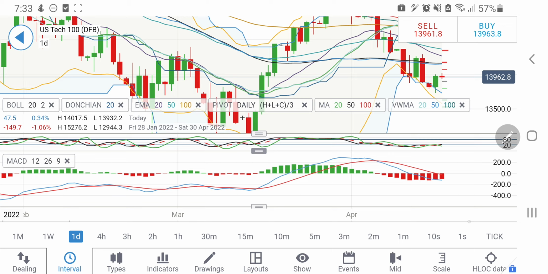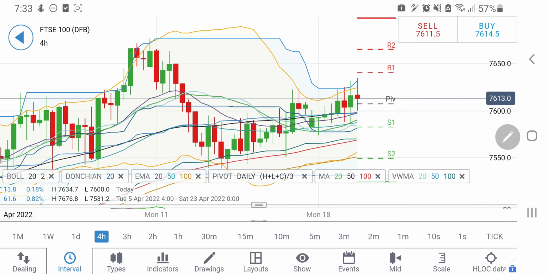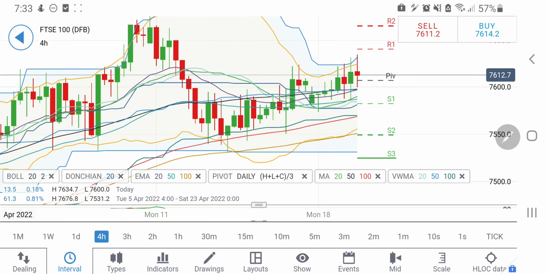So this is all for Nasdaq 100. Now let's have a look at FTSE 100. These are the 4-hour charts for FTSE 100. You can clearly see the 4-hour. See how beautifully it is positioned. It is trading in this bullish channel. The support on the downside is now around 7,600 and 7,580 levels. These two levels are definitely very strong support for FTSE 100.